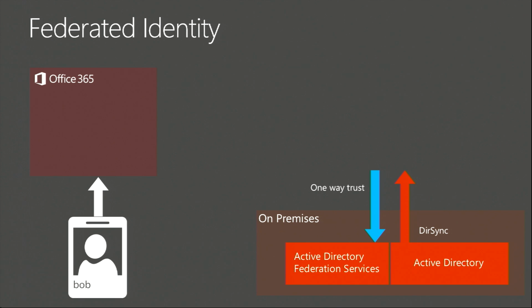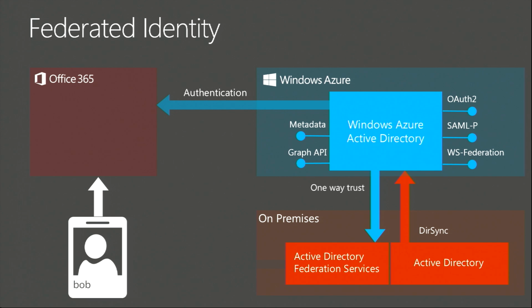Now, as DirSync's already provisioned the user accounts into Azure Active Directory, these user accounts, and just the user accounts, no passwords, are being used for the provisioning and login. However, when you actually log into Azure AD, what it's going to do is ship you back to your ADFS endpoint and allow you to authenticate there, and then you can authenticate against the services and against Azure AD with a token you've been issued by your own ADFS server.